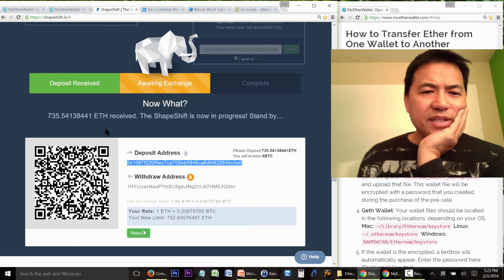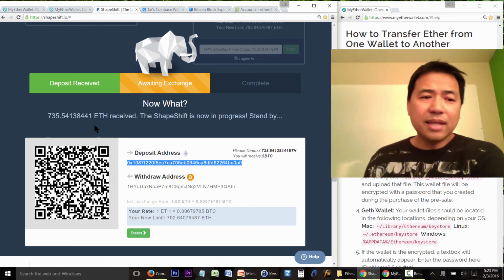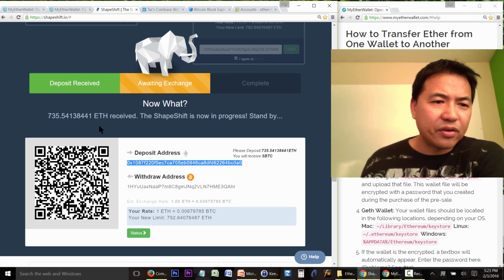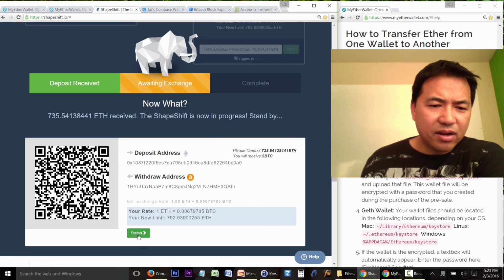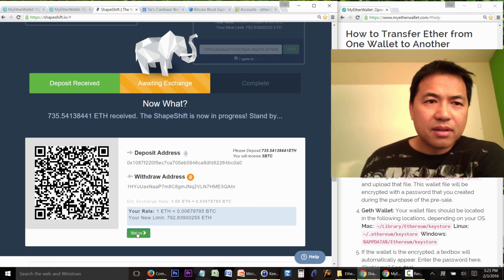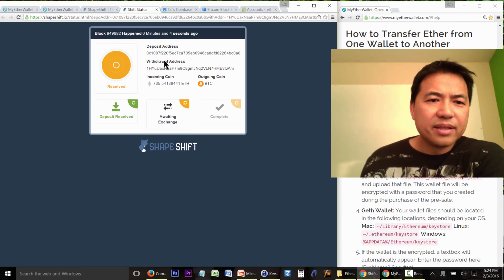So Shapeshift is indicating here, guys, that they have received the 735 ethers. The Shapeshift is now in progress. Stand by. And if we click on here, it will actually take us to a deposit address, and it will show us all the